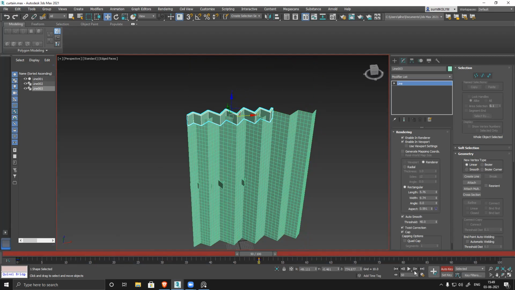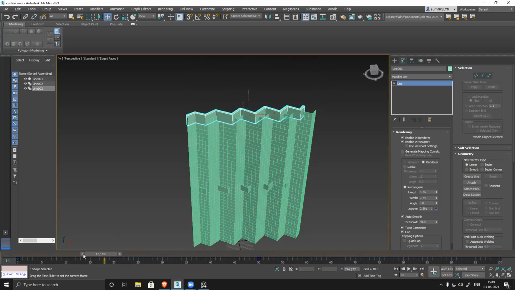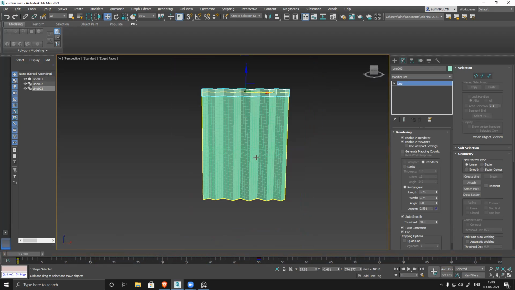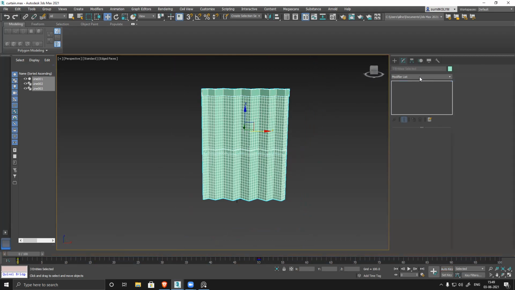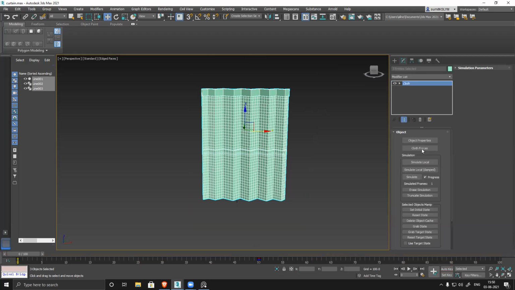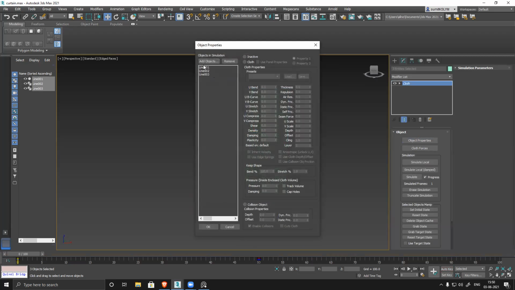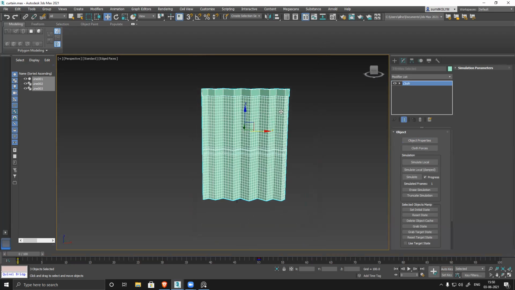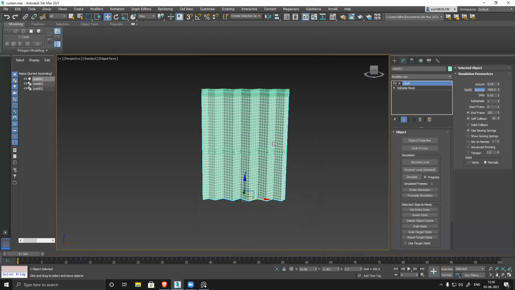I want to create it in one direction, so we switch off all of them. Cloth modifier, object. Oh, let me name these two. So I just name this curtain.